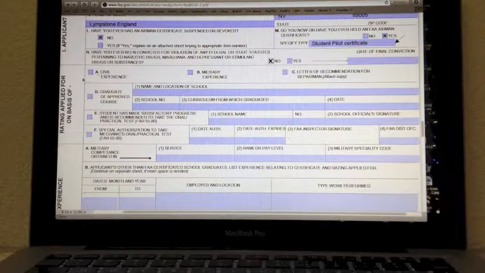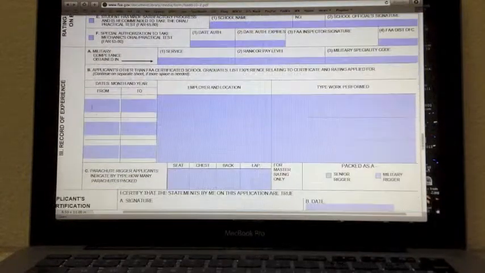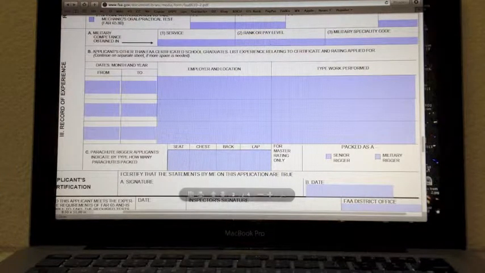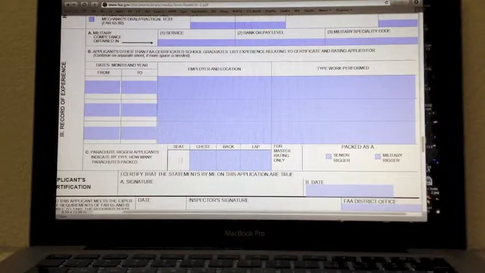Moving down slightly, I'm going to use civil experience to claim this rating, and I'll now slide on down all the way to section 3, record of experience. We don't need to put anything in these boxes for a senior rigger application. We just have to put numbers or appropriate information in the amount of parachutes packed. I'm going to go with no seats,